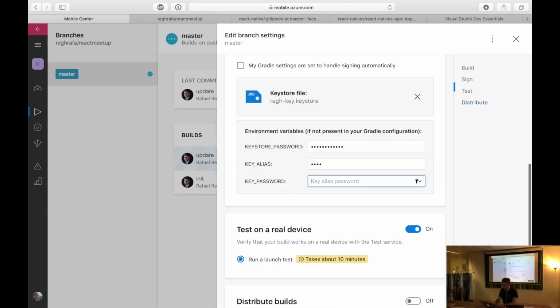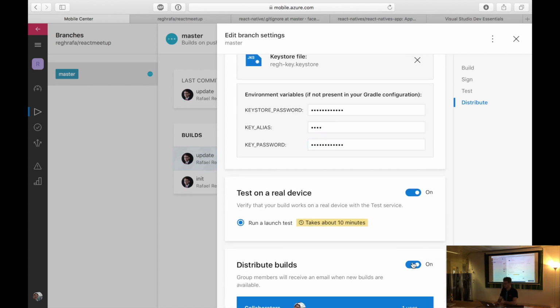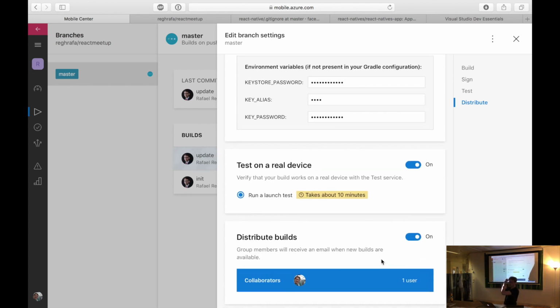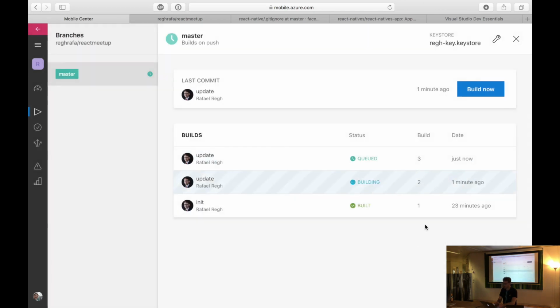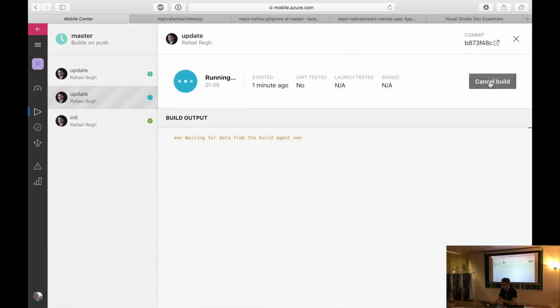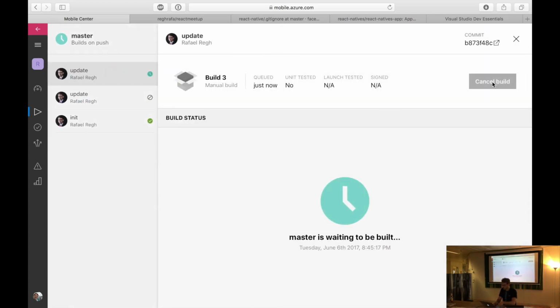That's this, and we can distribute the builds, and then our testers will get an email notification. They can download the APK on their phones, so I can save this one, which is really cool. But I will cancel this build here, and I will also cancel this build because I